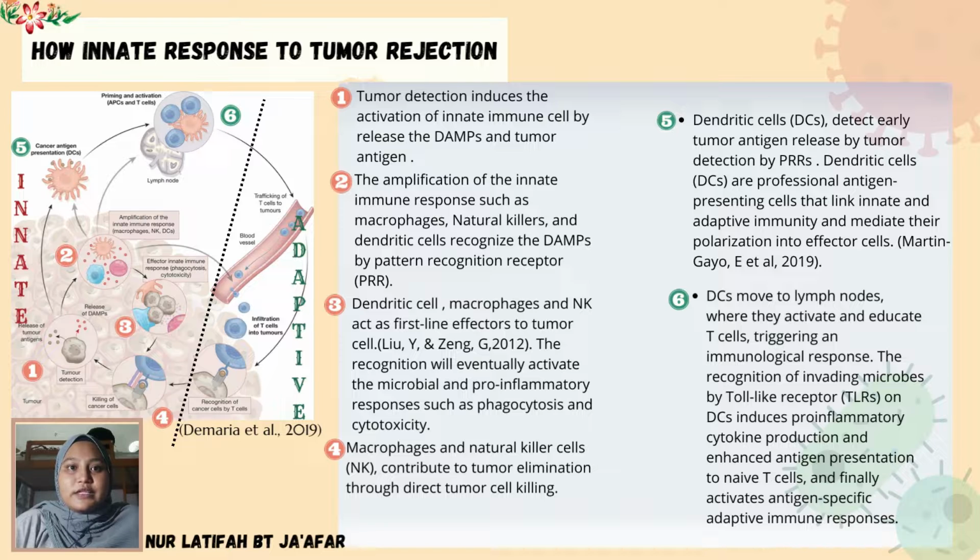Dendritic cells are professional antigen-presenting cells that link innate and adaptive immunity and mediate their polarization into effector cells. Dendritic cells can be subdivided into two main subtypes, plasmacytoid and myeloid dendritic cells, which specialize in recognition such as through toll-like receptors. Toll-like receptors are innate immune receptors mainly expressed on dendritic cells, which play an important role in host defense against pathogens by recognizing DAMP. And lastly, the dendritic cells move to the lymph node where they activate the educated T cells,